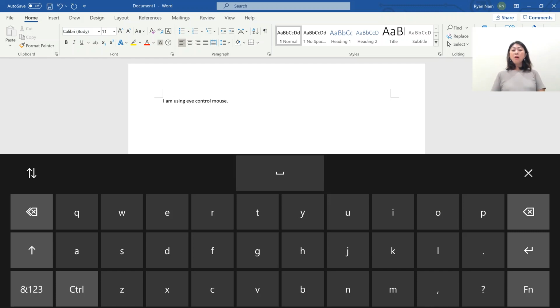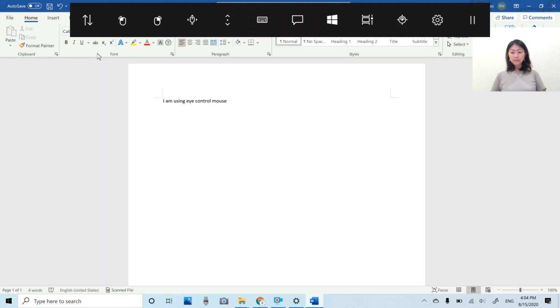Okay, so this is like the third time I'm trying this. I'm not really used to using the on-screen keyboard with eye control, but it's very precise, and I think it works pretty well. Once you get more used to it, you can just look at the button and then you will type the word into the document. So that's how it works. Let me just close this.